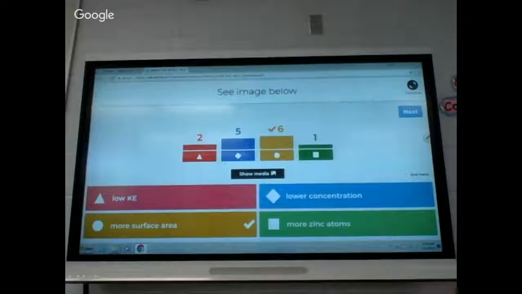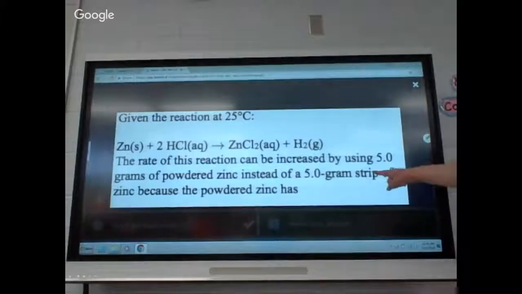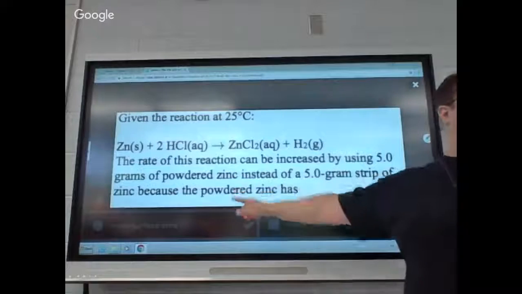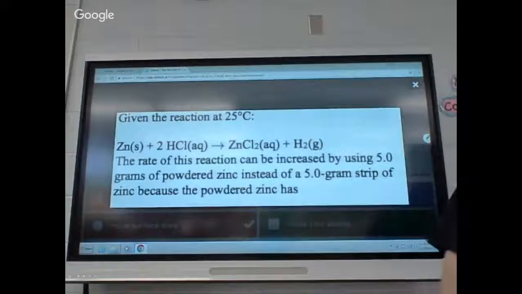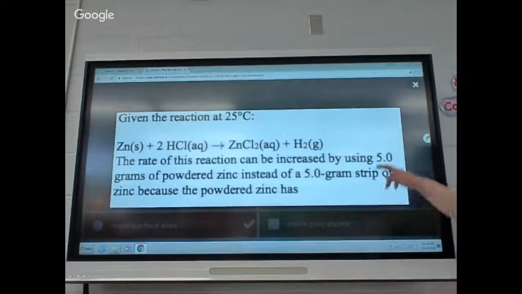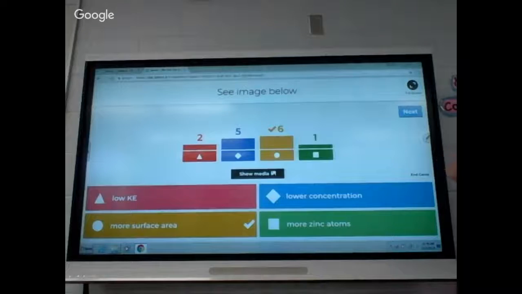All right. So what's the key in the question? Increase. Because the strip is the shape of the powder. Oh, I got it right. So what does the strip versus the powder mean in the answers to the question? Surface area. We change the surface area. The one with the surface area that's powdered is going to dissolve much better than something that's a big, bulky,